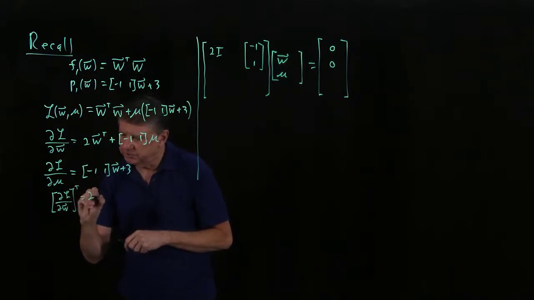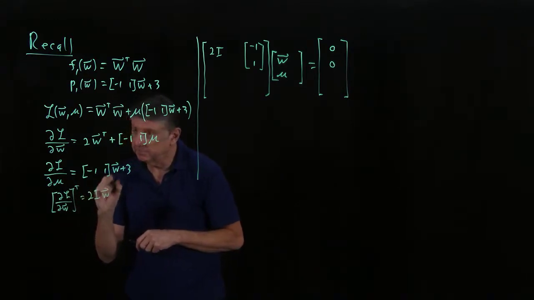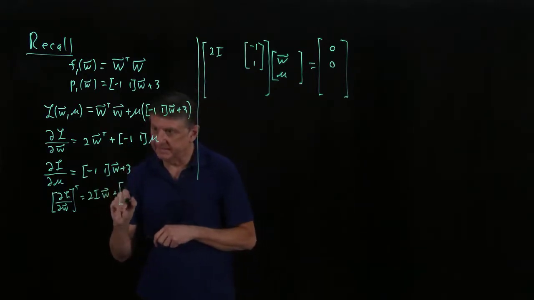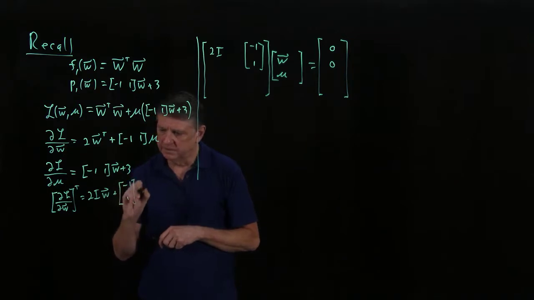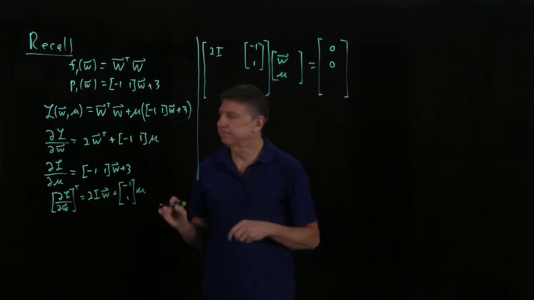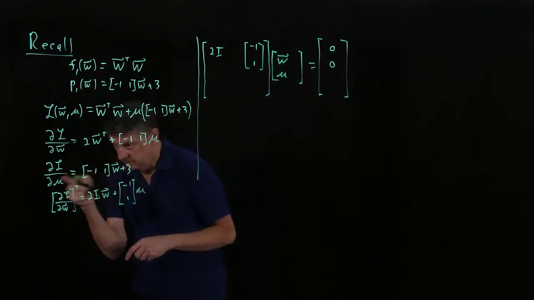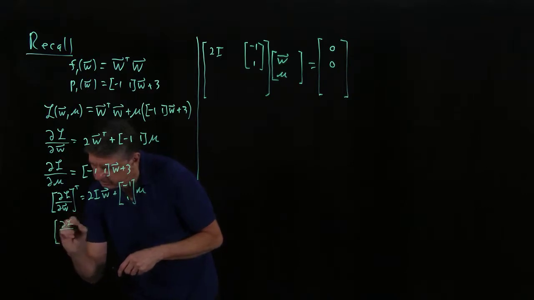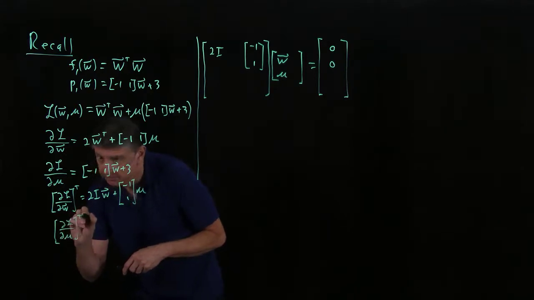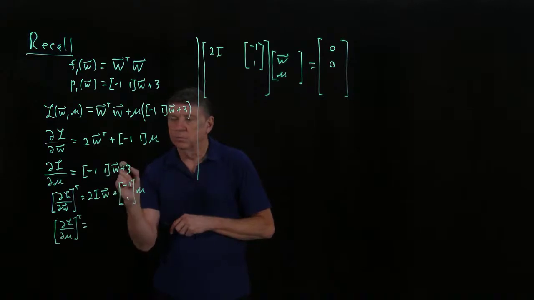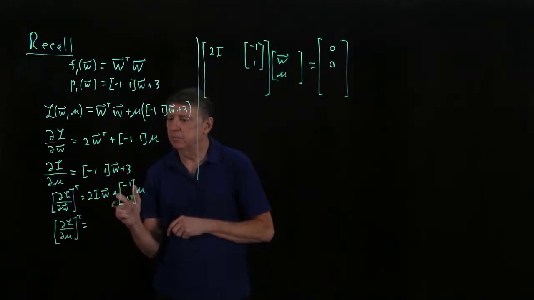That would be 2 times the identity times W, plus, when we transpose that, minus 1, 1 times mu, because when we transpose a scalar, it's a scalar. And then when we transpose this term, the partial derivative of the Lagrange function with respect to mu transposed will equal, now we transpose those,